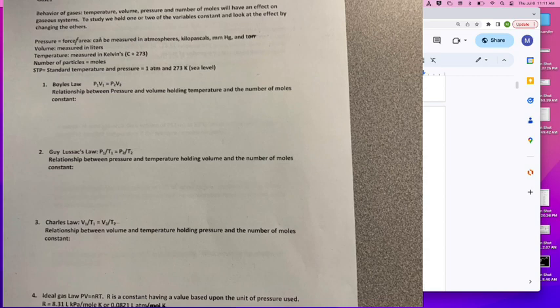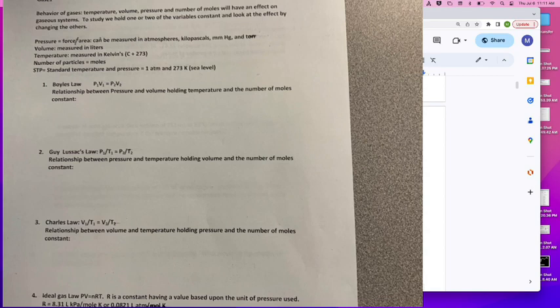Volume, which we already saw when we blew into the balloon. What happened to the balloon? It got bigger, which means the volume of the balloon changed as well. And then we have temperature. How does temperature have an effect? It expands the gas when it's hot. What happens if we heat up just a balloon? It does pop. If you had a sealed balloon and you started to heat it, you might just start to see it expand. I had an old school fireplace, and you could see part of the balloon expand, because you're changing the temperature and doing some other things, but it's increasing the pressure within.